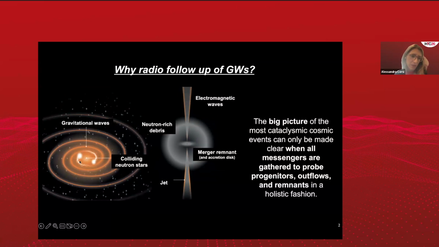So after we have a compact binary merger, imagine this being the merger of two neutron stars signaled by the gravitational wave event. We want to get the complete picture of the material that is around that merger. So the gravitational waves allow us to see the compact region of space very close to what that merger remnant is, but electromagnetic emission gives us the view of what's around.